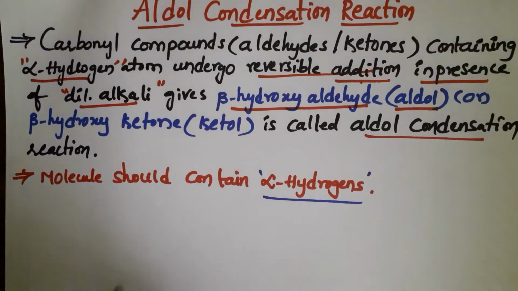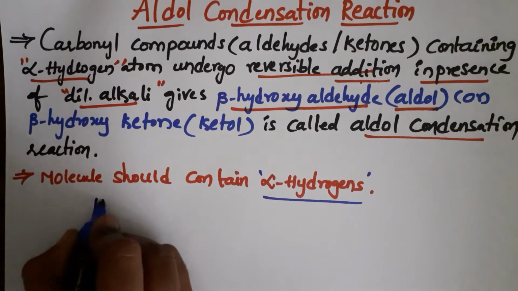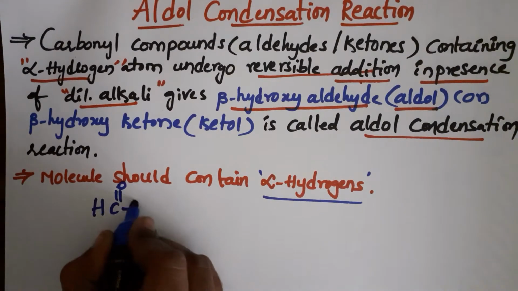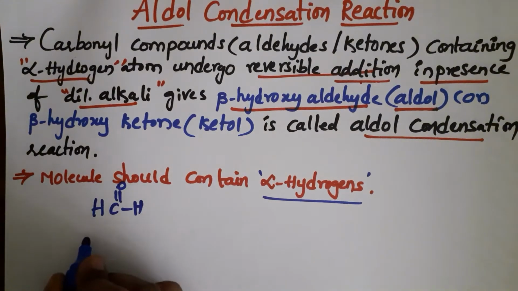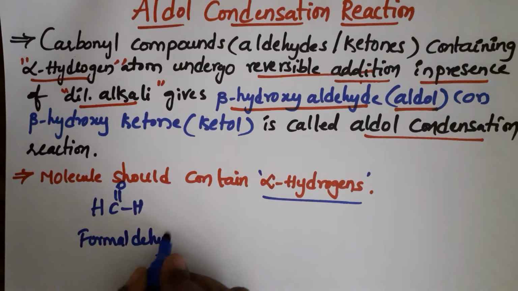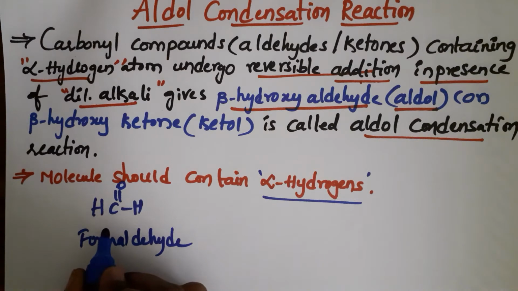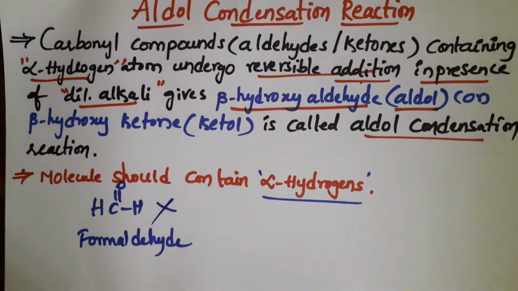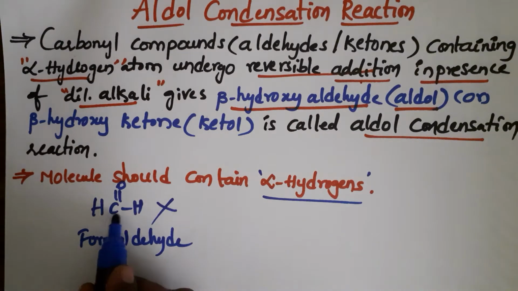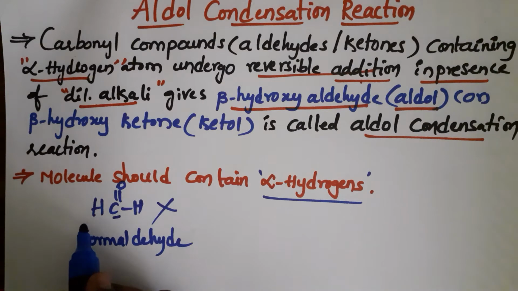Take the compound HC=O with H, the name is formaldehyde. Is there any alpha hydrogen in formaldehyde? No. This does not participate in the aldol condensation reaction, because in order to participate, the molecule must contain alpha hydrogen atoms. This is the functional group carbon. To this carbon, if another carbon is attached, that carbon is called the alpha carbon,